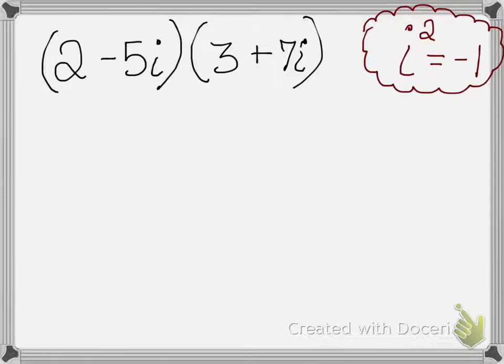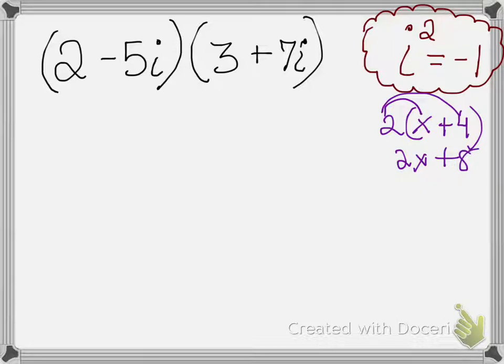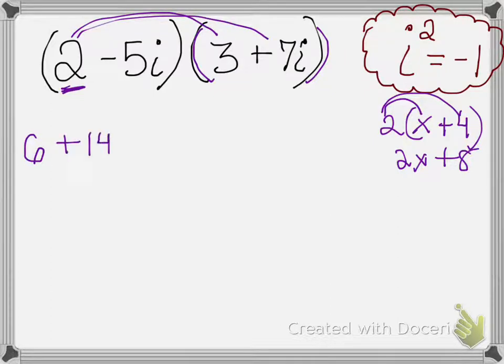Just like with distributing, if you had a number in front of something in parentheses, you remember how you were taught 2 times x gives you 2x, 2 times 4 gives you 8? Same thing here. So the first thing we're going to do is distribute that 2 into everything in that second parentheses. So 2 times 3 gives me 6. 2 times 7i gives me positive 14i. But now I'm going to do the same thing with -5i. So -5i times 3 equals -15i, and -5i times 7i equals